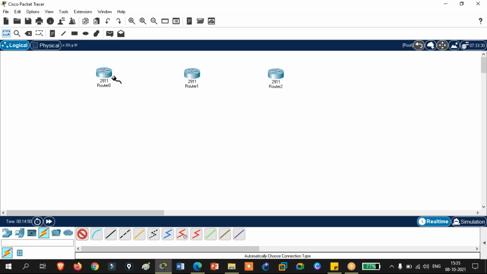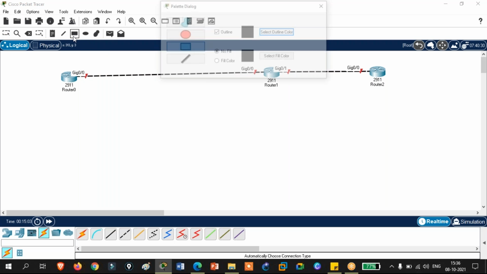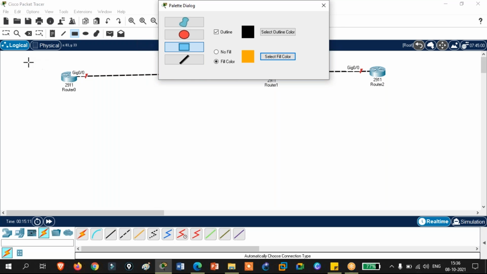Let's say they are connected like this. This is in one of your branches or buildings, this is another building or branch, and this is in the server room. You know how heavily the server rooms are protected, right?